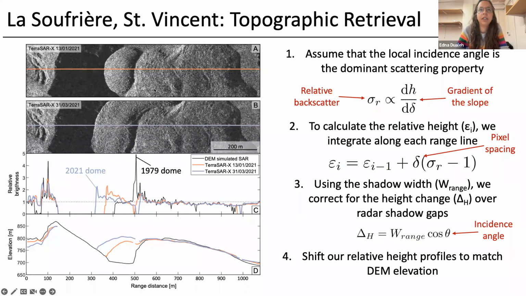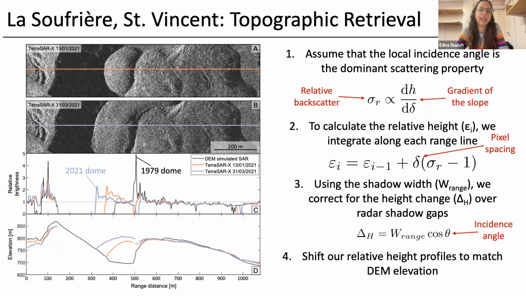So I've got here two TerraSAR-X images, one from January 2020 with the new dome here, and one from March 2021, where the new dome is much bigger. And these are the cross-section lines for these two images. So you can see here, you've got the radar shadow from the crater wall, and these are the profiles for the new 2021 dome. So based on the assumption that the backscatter is proportional to the gradient, we can integrate across these range lines to calculate the relative height,